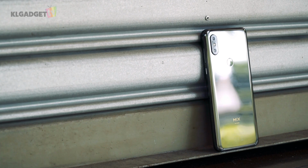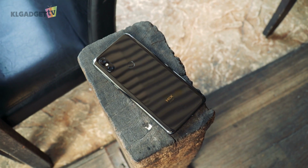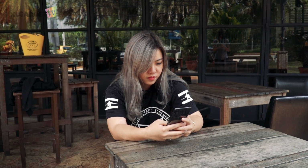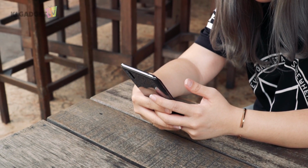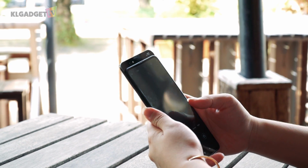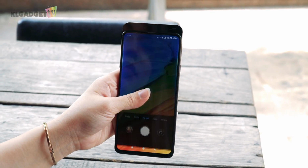Moving on, the Mi Mix 3 comes with an aluminium frame and a ceramic back, and I love that it has the looks of a flagship smartphone. The Mi Mix 3 weighs around 218 grams and it doesn't feel like an easily broken phone, yet it's also not too heavy for you to notice its weight. In addition, the slider also feels solid because it's magnetic, so you won't accidentally slide open the front cameras when